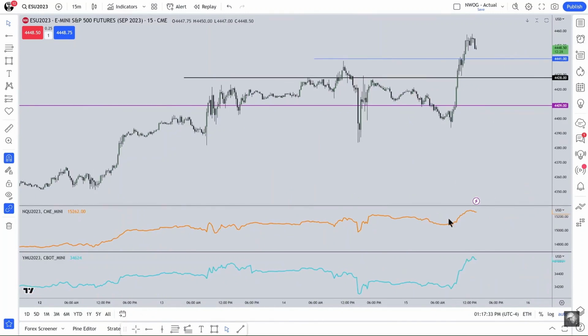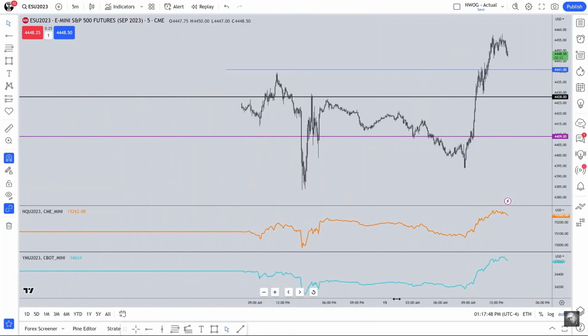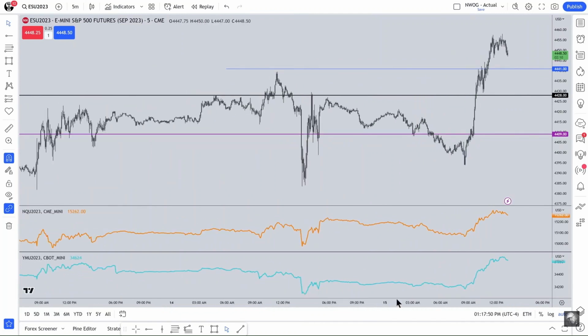Do we see a lower low here? On the NASDAQ we do. And it looks like we see a lower low on the Dow. So there's no SMT divergence there. Same thing here. Lower low, respectively. So if we see a time when there's a